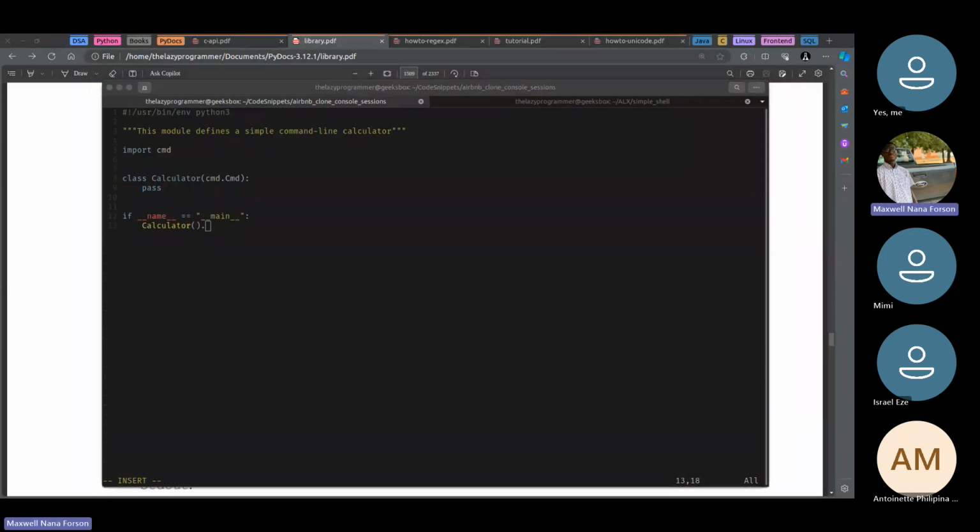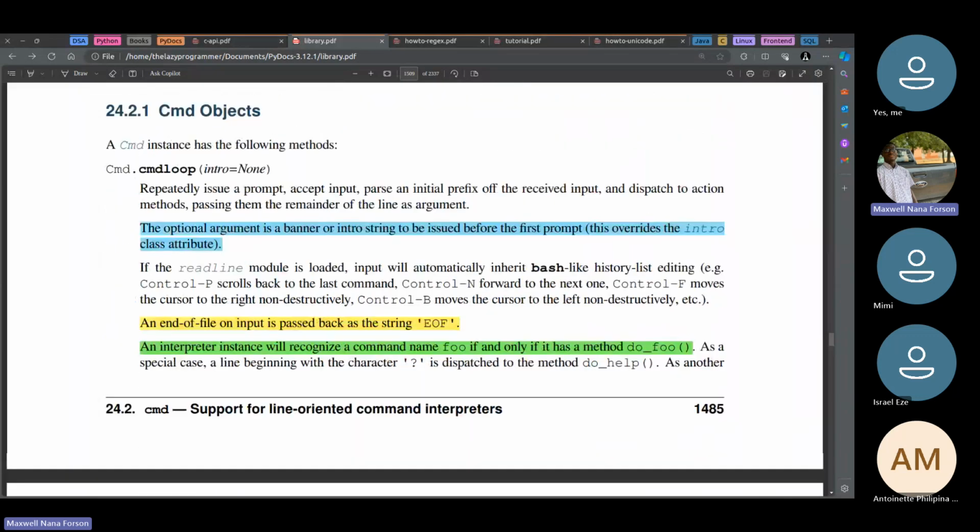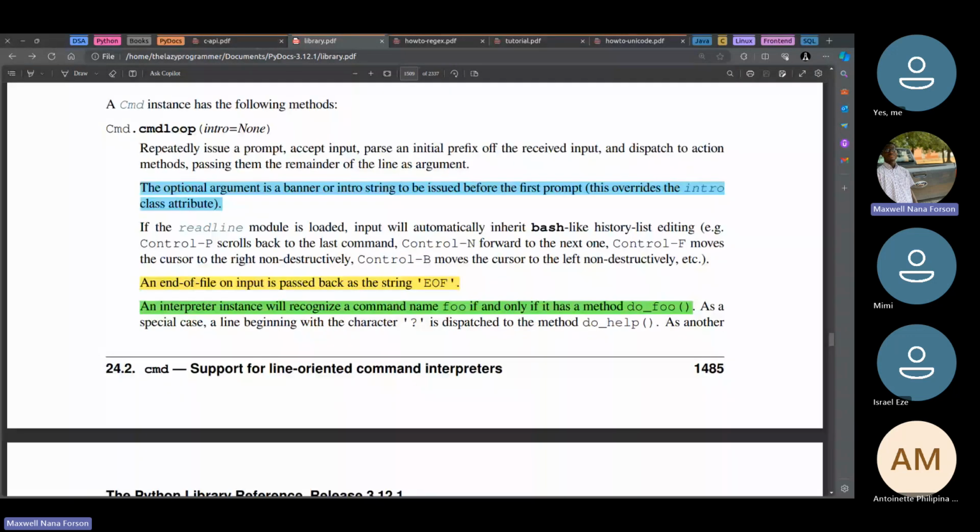And then remember that from the documentation, the command loop is what we use to repeatedly issue a prompt, accept input, parse an initial prefix of the received input, and dispatch to action methods, passing them the remainder of the line as argument. Okay, so basically what it's trying to say is that it takes an input, then works on it, just like how we work with the shell. So in this case, we don't have to worry about the tokenization by breaking out a command, finding whether it is that or that. This is going to be handled for us,